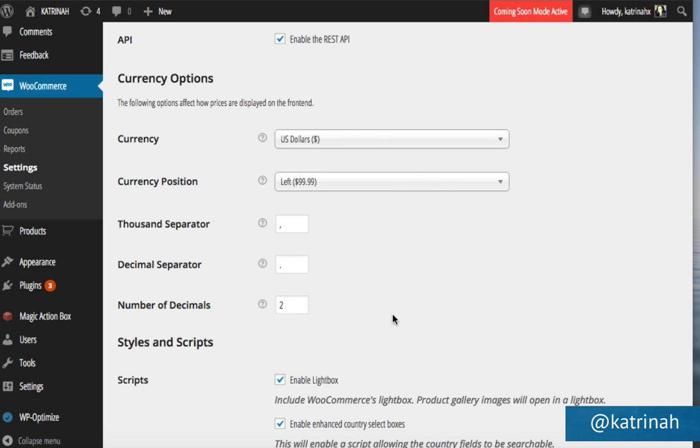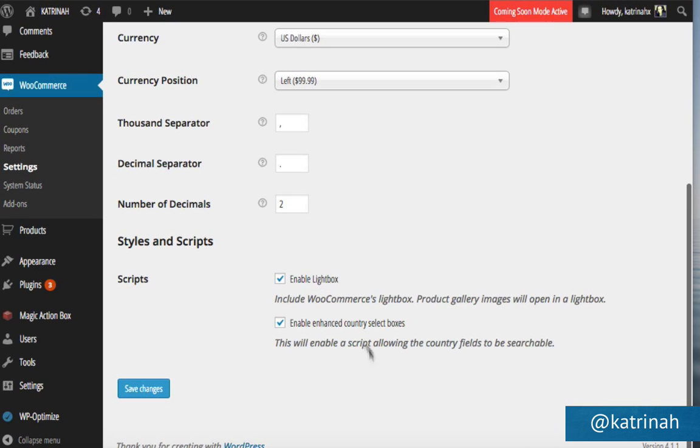Most of the time within WooCommerce, the default settings are set up just as I need them to be, so I don't make too many changes here. But of course, if you have a different currency and you'd like to have it formatted in a different way, be sure and go ahead and adjust that here. Keeping in mind, once again, that when you hover over each of these question marks, you'll get a tooltip that tells you exactly what this particular setting does. Okay, then I'm just going to scroll to the bottom and click on Save Changes to save my changes.